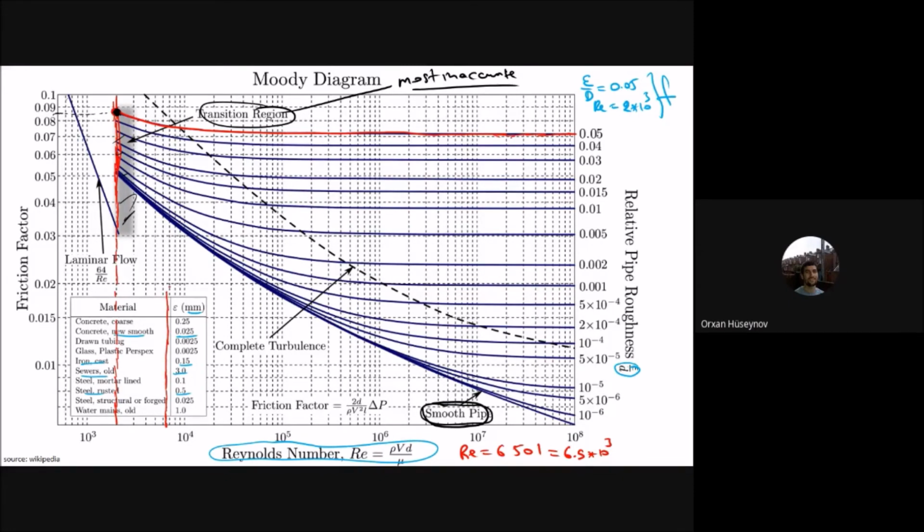Okay. So I will go that way and intersect the first line. So you can see the smooth pipeline. So this is the smooth pipeline. It goes in that manner, because this is the last line here. Okay, for that last line, I will find the friction factor here, and that friction factor now will be equal to, if you do that, the friction factor is now